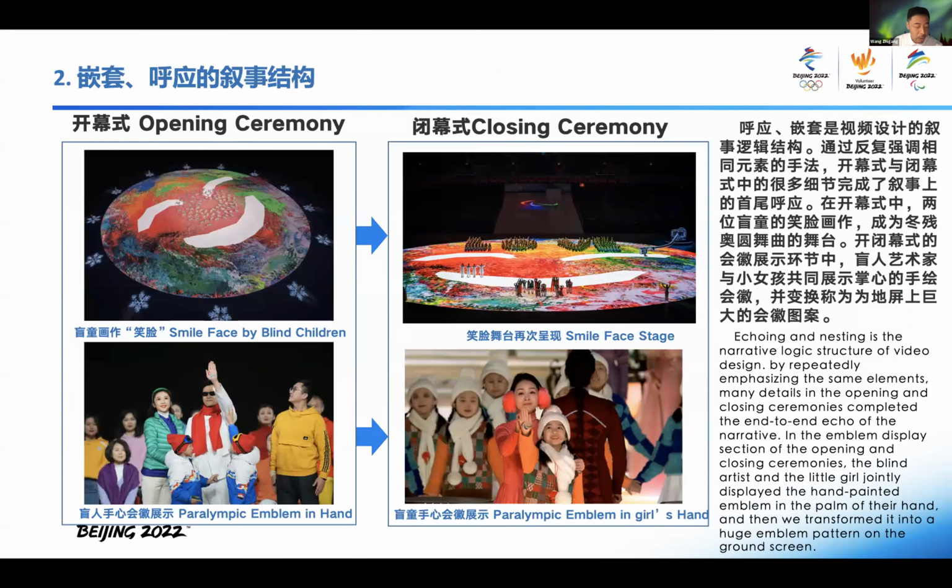The second part, anchoring and nesting, is the narrative logic structure of the video design, also the performance design. In the opening ceremony, we took the stories of the disabled people as samples, and the narrative gradually deepened from individual stories to collective stories, and finally launched the wonderful moment of the bloom of life. Moreover, by repeatedly emphasizing the same elements, many details in the opening and the closing ceremonies completely complete the end-to-end